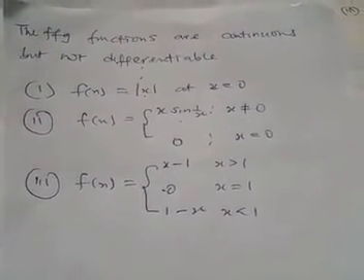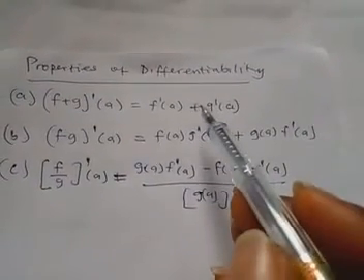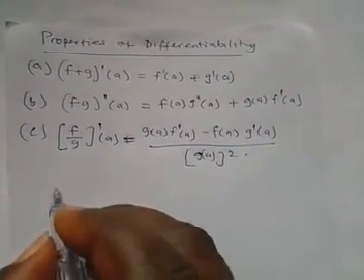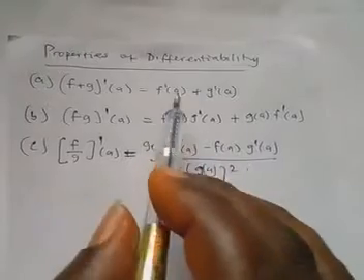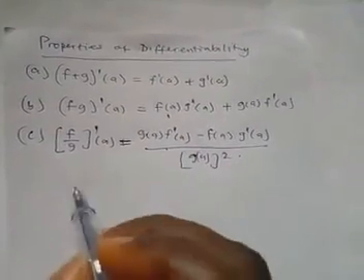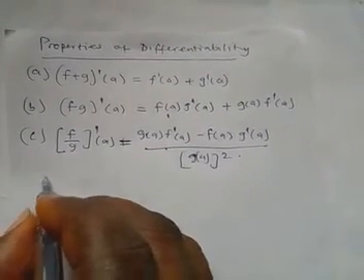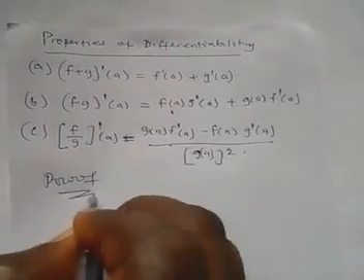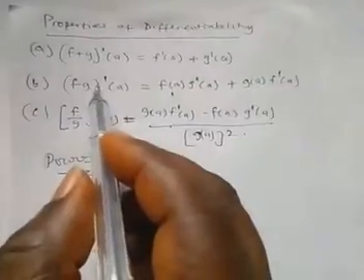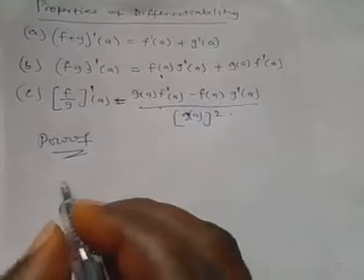Let's consider another concept. So we have the following properties of differentiability of a function. This one is the product rule, this is the quotient rule. So they are what has been proved in elementary differentiation. Now let's say I want to prove this one. For example, let me take only this, then take the rest as exercise. Let me pick the second one.